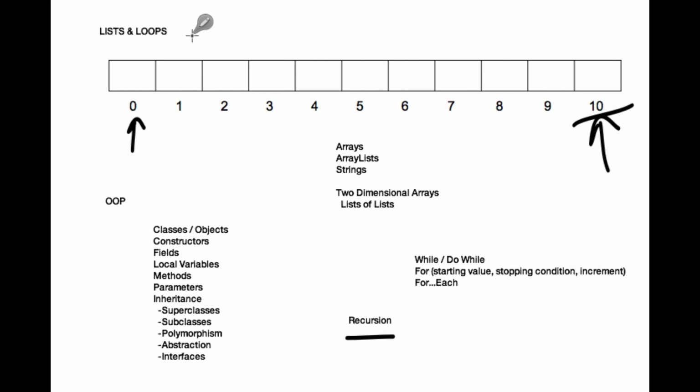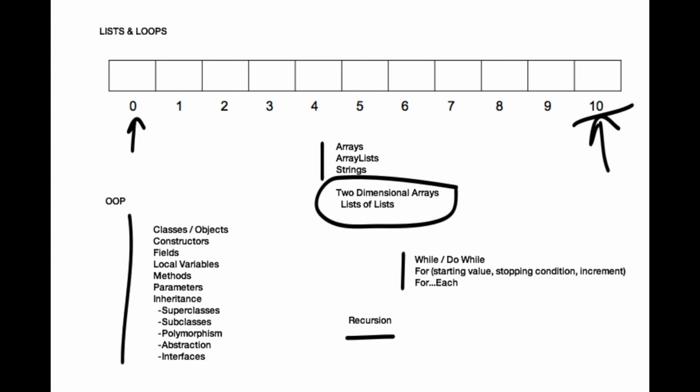You need to have your loops down totally, right? So you're comfortable with each loop type. You have to know the types of lists, and the fact that two-dimensional arrays are lists of lists, right? And you need to know your object-oriented programming